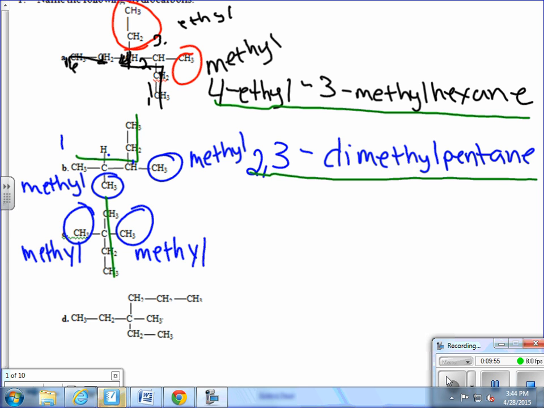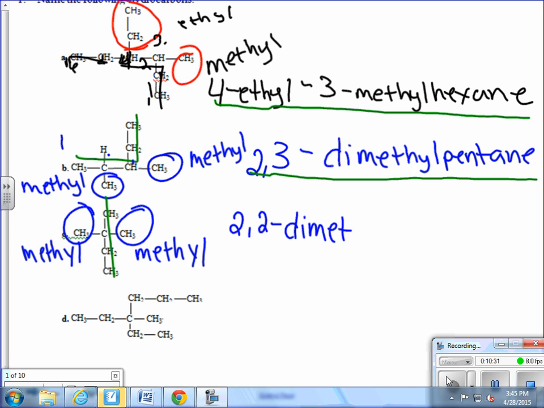So again, we have 2 methyls, so that would become dimethyl. We have to decide what number carbon they're attached to. If we start numbering from the top, they're both attached to carbon number 2. If we start numbering from the bottom, they would both be attached to carbon number 3. So we need to number from top to bottom. We have to tell the location of both the methyl groups. So they're both on carbon number 2, and we have to list it 2 times. So it's 2, comma, 2, dash,